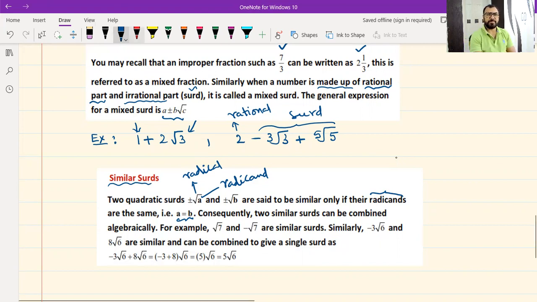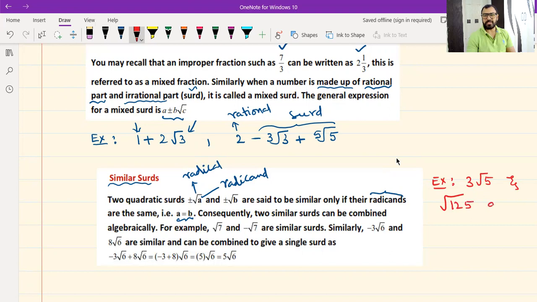For example, take 3 root 5 and root over 125. They are similar surds. Why are they similar? If you take the ratio, 3 root 5 by root over 125, this is nothing but 3 root 5 by